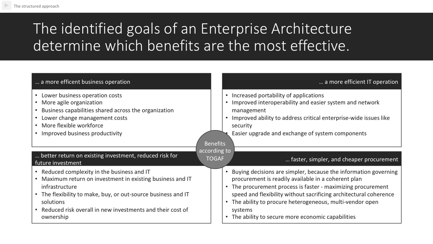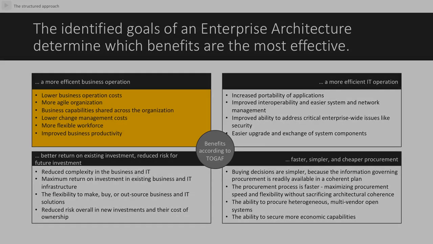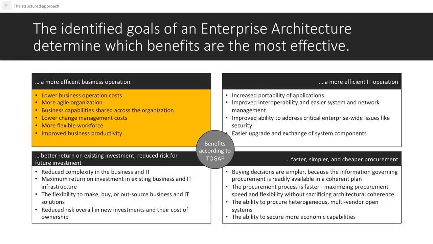This is important since the success of enterprise architecture depends on the identification of all stakeholders with related goals and results. Enterprise architecture should be accepted as real benefit and not as a scientific end in itself. Literature on enterprise architecture in general and TOGAF specifically supports this concept by recommending a discussion on some of the important and relevant added values. In its paragraph on a more efficient business operation, TOGAF points out the following benefits and success factors of enterprise architecture. Lower business operation costs, meaning lower costs in the implementation of business processes.